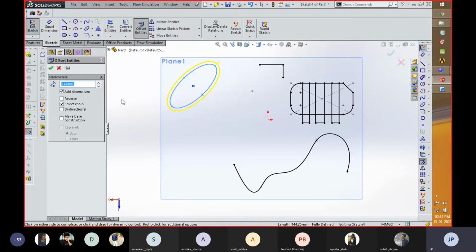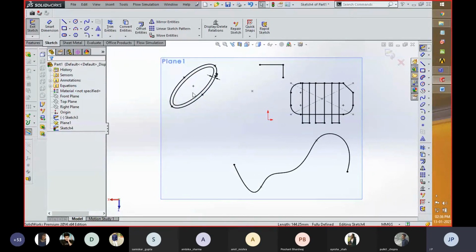So a component can be scaled down or scaled up. If you want to create this ellipse inside, you have to select this toolbar, with which you can create an inside ellipse of the same ellipse, reduced by the value of 3 millimeter. In such a manner, you can create these offset entities.